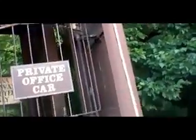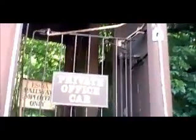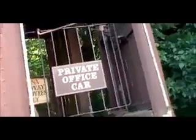This is a private office car. It doesn't have a coupling anymore. Railway employees only. I guess they don't use this anymore. Still run? Oh yeah, we fire it up every now and then. We've had it running 2 or 3 times here. The private office car. Get it just right. Oh yeah. Because it's magneto, you gotta throw the...